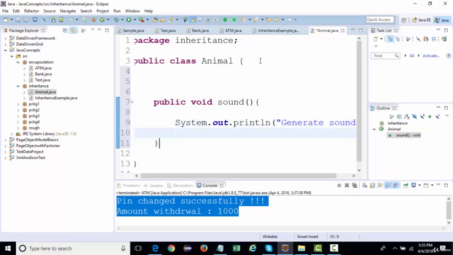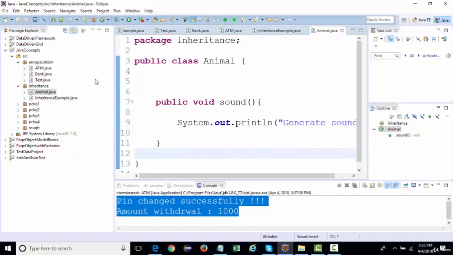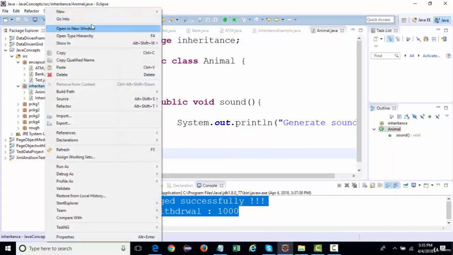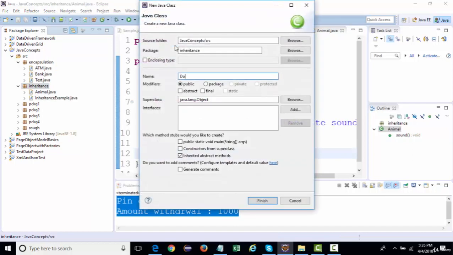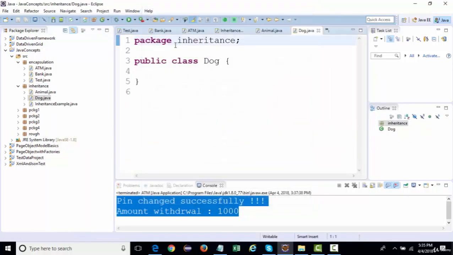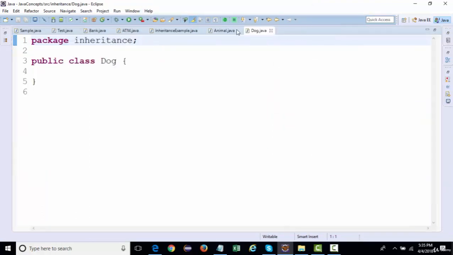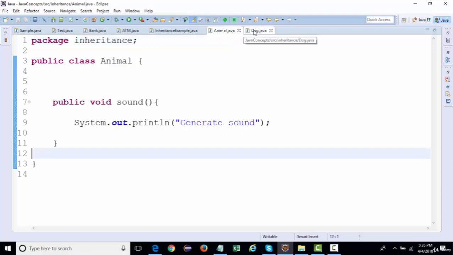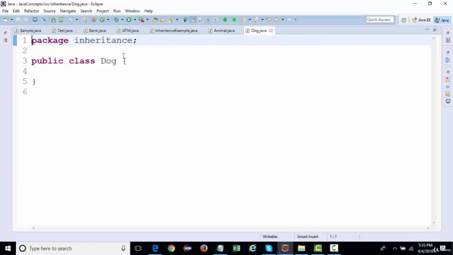Similarly, I can create another class with the name Dog, right? Now, Dog wants to generate some sound. If I talk about Dog, then Dog is an Animal, so there is an is-a relationship between Dog and the Animal class, right?